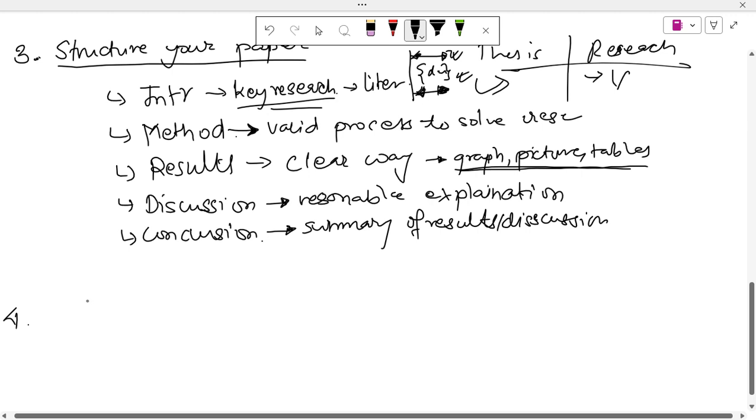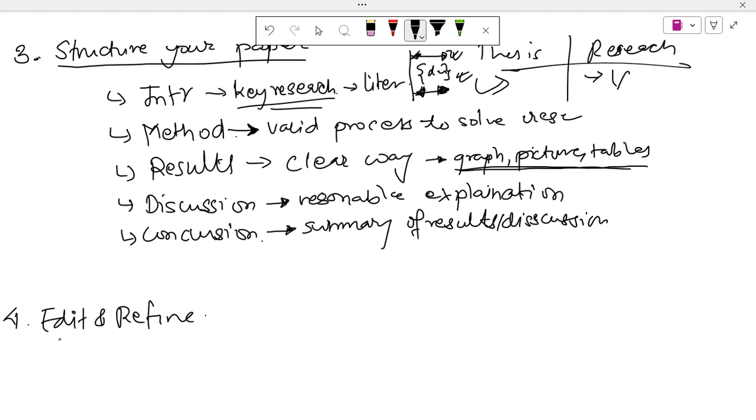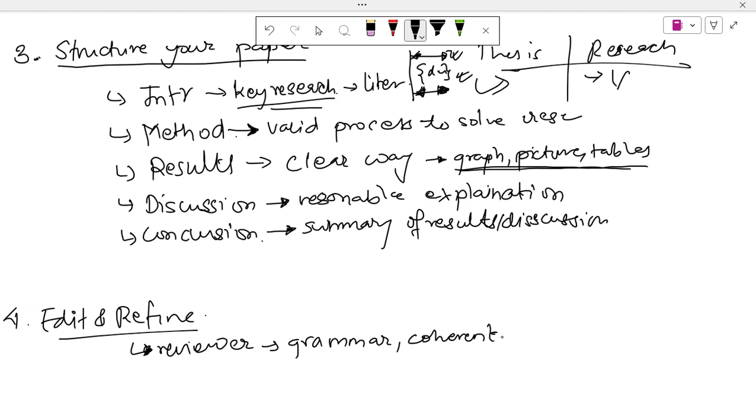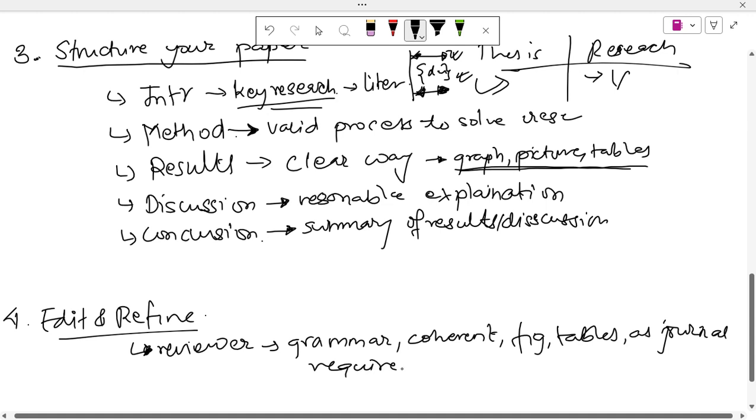And next is, after you have written a first manuscript, you need to edit and refine. You need to look at the research paper as an author, as a reviewer, and you need to make the grammar appropriate, make the paper coherent, and try to make figures and tables consistent, so as to comply with journal requirements. It is done after you have found the appropriate journal